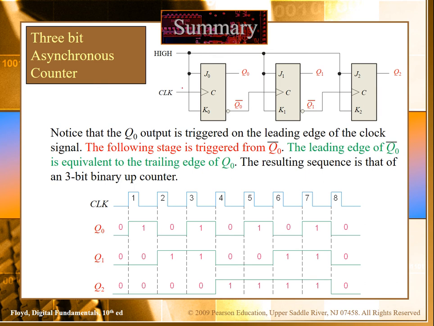The main problem with the asynchronous counter is the propagation delay. Why? For example, if this is your clock input, then this next flip-flop is operating on its output, because this output is acting as its clock. As soon as we get this output, then this clock will operate. So there is some delay: this flip-flop will perform its operation, we will get its output, and after that the next flip-flop will operate, and then the next one.